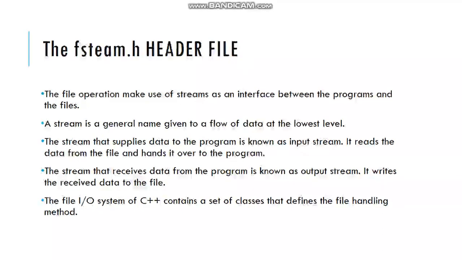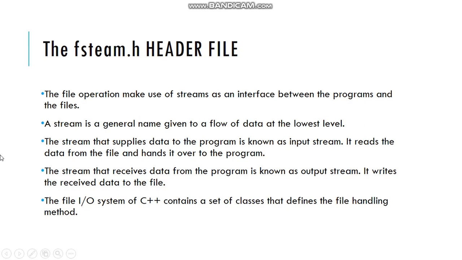So we can say a stream is a sequence of bytes. Here it says that when we want to use another file which is not in the program, such as a Word file or Notepad file, then to use it in our program we will use the fstream.h header file